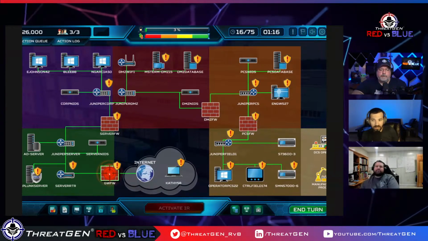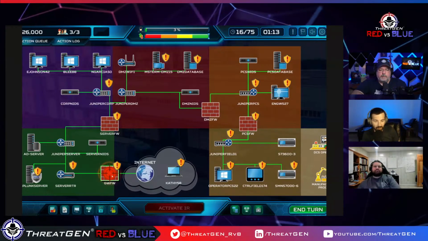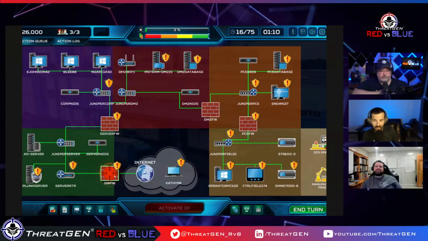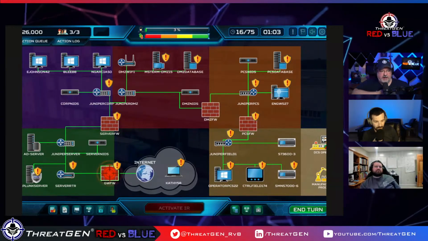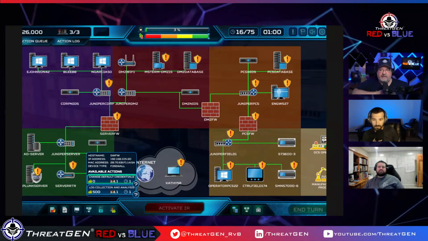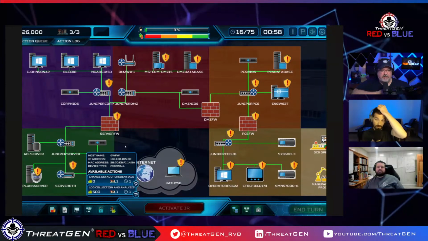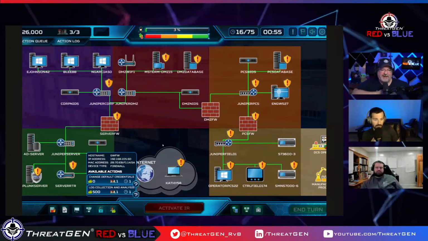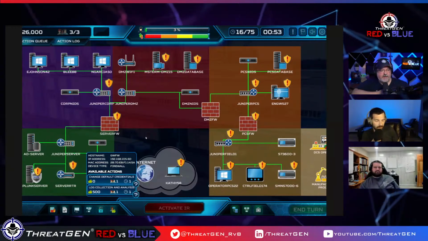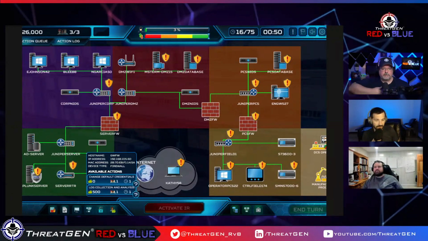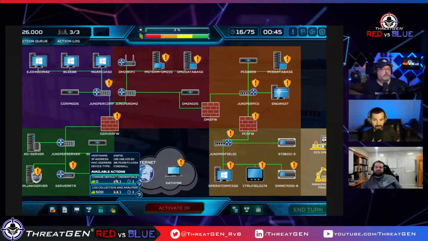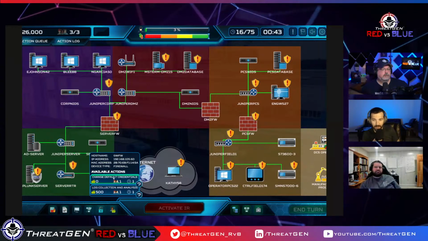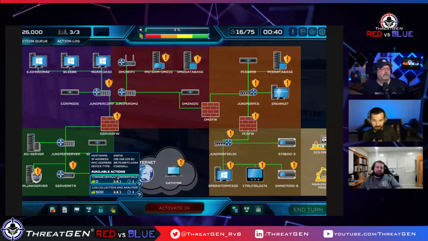So real quick, we do have what looks like a heat rash going on over here, Clint. What does this indicate? Does this mean that something's been detected? It means that that device has been attacked. It does not mean it has necessarily been compromised or that the attack was successful, but it does indicate that you have detected an attack on that device. Okay, thank you, NIDS. So absent of doing the calculation, I'm going to just prioritize that we do these 2 things. These are the 2 things that we can do on the endpoint. One, change the default creds, which